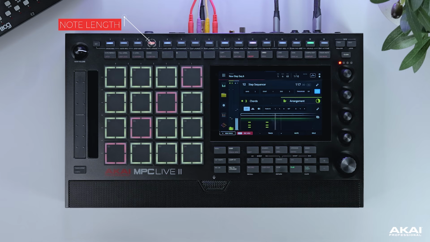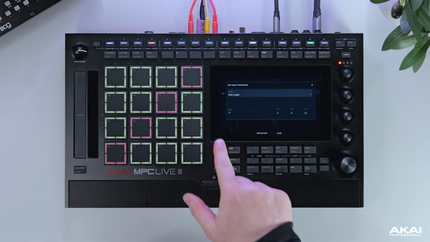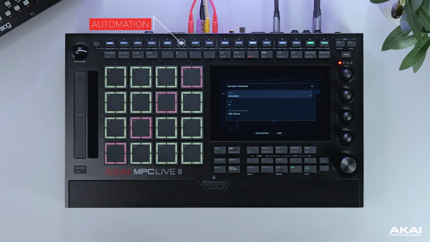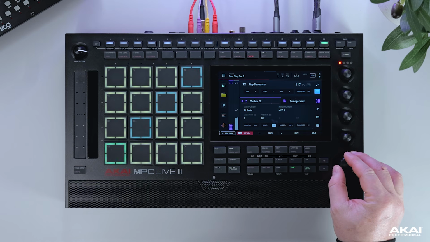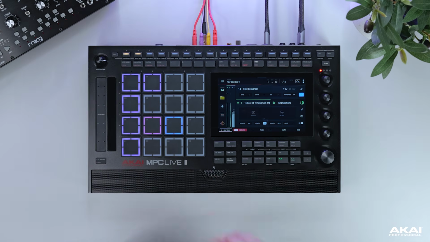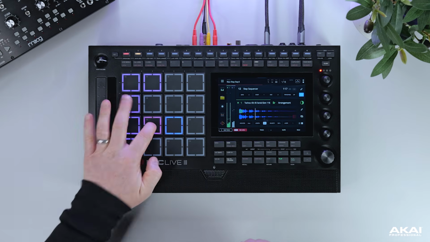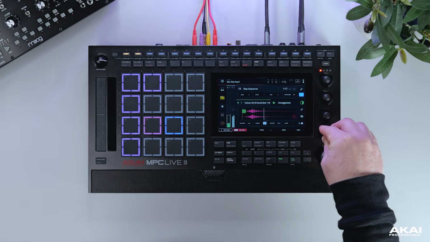We can also use the dedicated note length function that allows us to go into each step and add note length, and we can even add automation per step. So let's finish off our pattern, adding some effects and vocal. Using the new step sequencer,